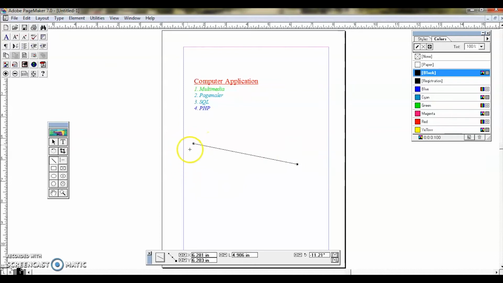See, there is a sizing handle at both the ends of the line. By clicking this, I can move it here. Sorry, it has been moved here. If I want, I can click this line handle. Again I am drawing a line, and if I want, I can move here and there. These are all the size handles. Resize the line by clicking and dragging the handles if necessary.